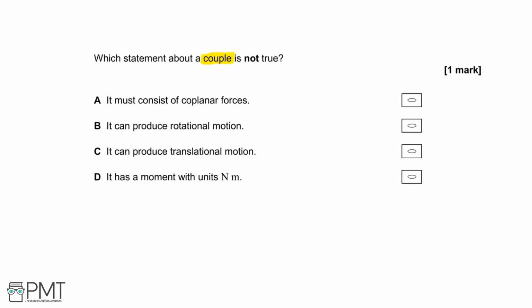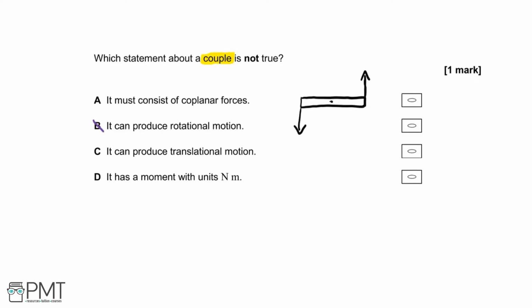Now a couple is a pair of forces that act away from a pivot, and they cause a rotational motion. Now we could already say that B is incorrect, because a couple is all about rotation. It causes a torque. We get a torque of a couple. If I draw a quick diagram, I've got an example here, which is kind of a bar where forces are acting in opposite directions, and they're both at right angles to the distance along the bar to the point where they are applied. Now, those forces are actually coplanar because they're just in the plane of the paper,